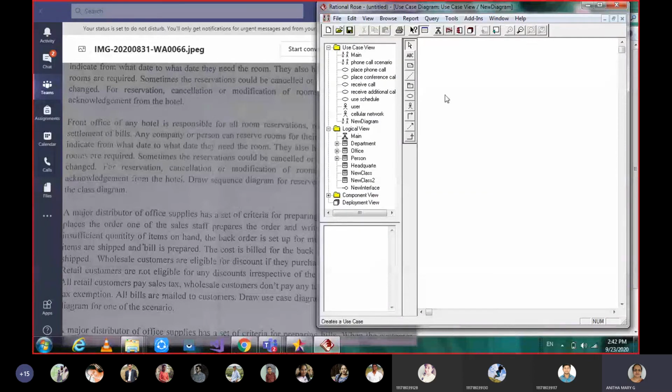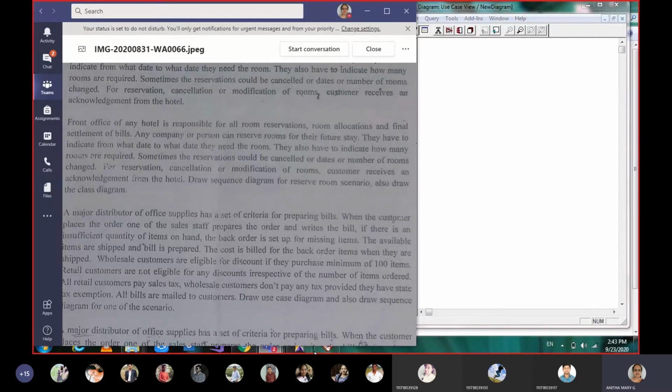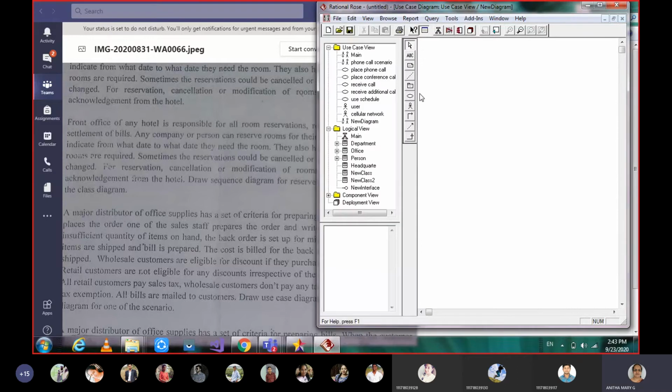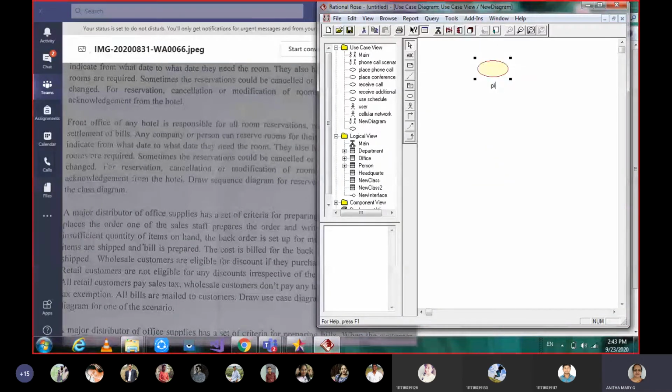Here the system boundary, anyway this won't support, so let's think you draw in your observation books the system boundary, that is a bigger rectangle, and name that Major Distribution Office. And after that, what are the use cases? What is the first use case we have thought of? First they will be placing the order. I am keeping the things in order again. So placing the order. Once they place the order, what will they have?